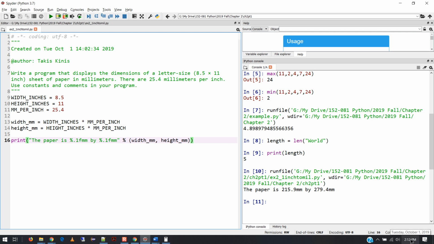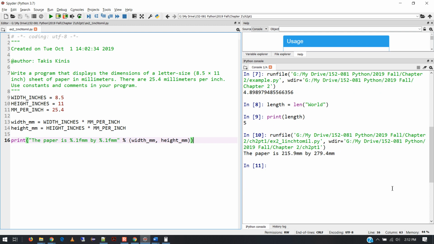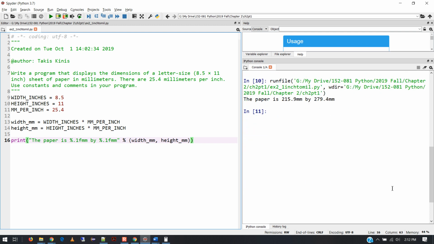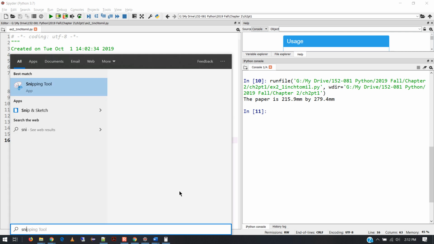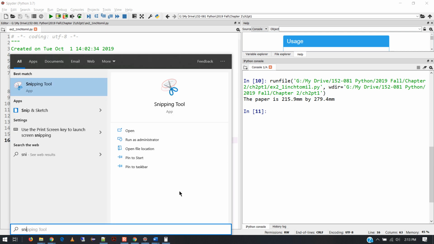Now, of course, if I'm doing this for homework, which I guess you guys all should be, I'm going to arrange my screen like this so my output is easy to see, my program is easy to see, and then I'm going to bring up my snipping tool in Windows. So I hit my Windows key and just started typing SNI, found the snipping tool, and I press enter,